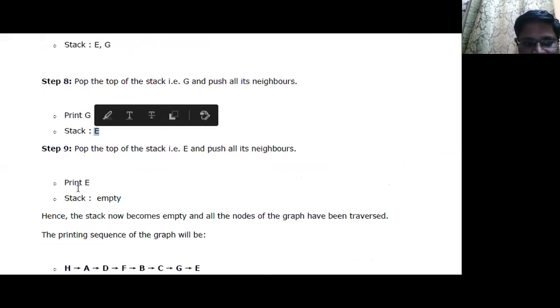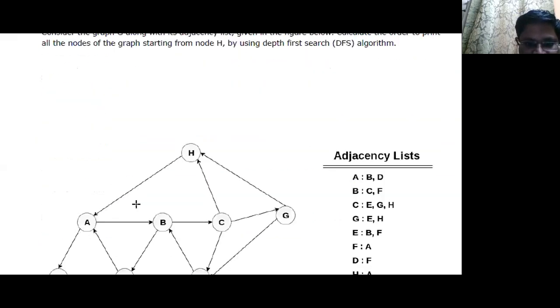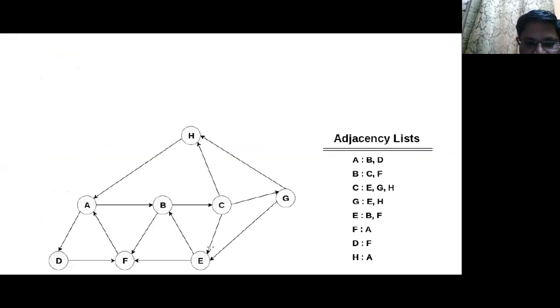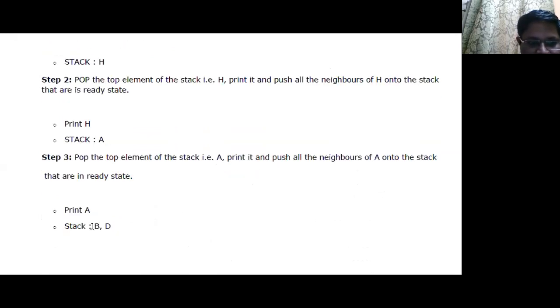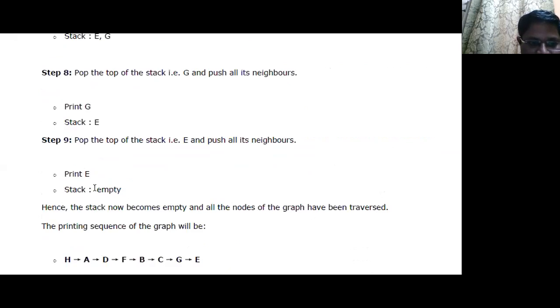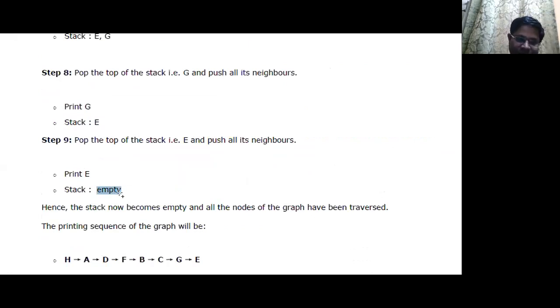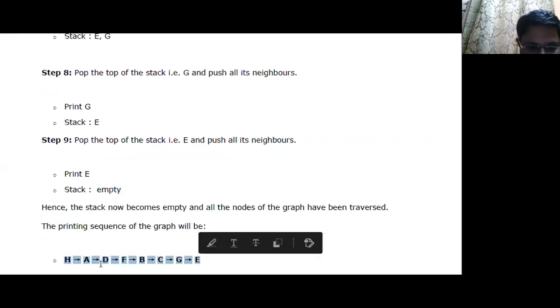So delete this element, print the value of E, and add the neighbors of E. So how many neighbors does E have? There is only one neighbor, B, and we have already added B in the previous step. So there is no need to add any element. And now after deleting E, our stack becomes empty since we have traversed each node in the graph at least once. So after all these steps, the sequence in depth first search looks like H, A, D, F, B, C,